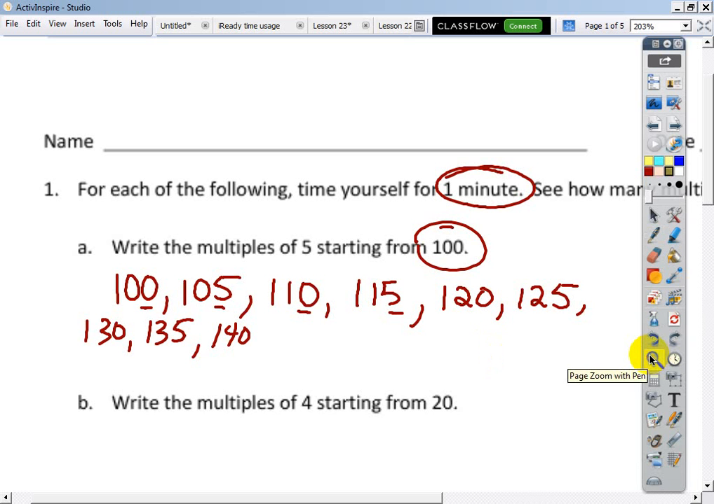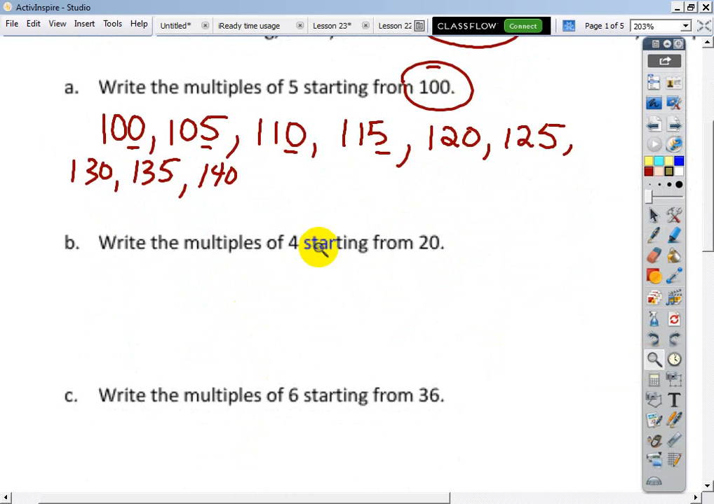The next one, after you're done with those, write the multiples of 4 starting from 20. So you're starting at 20. 24. So repeat 20, 24. From 24, you add 4 more, you get 28. So these are the multiples of 4 starting with 0, 0, 4, 8. Now how does this become 12? Well, it would be 12, so we know it's a 2, but it's not 28, it's 32,